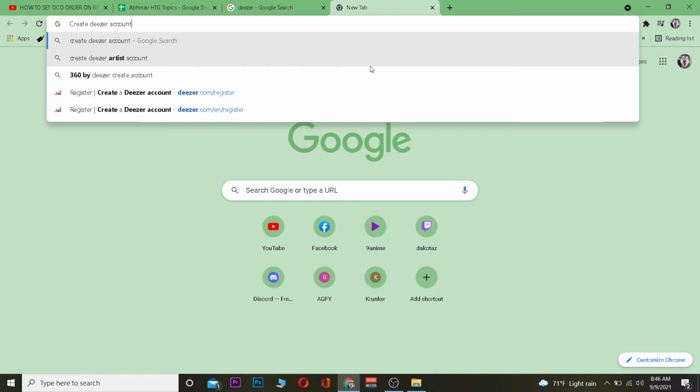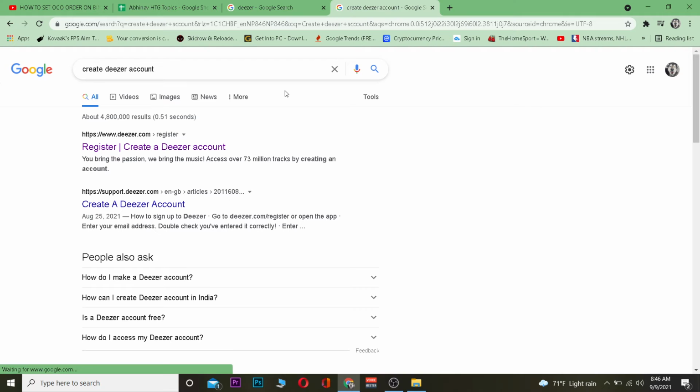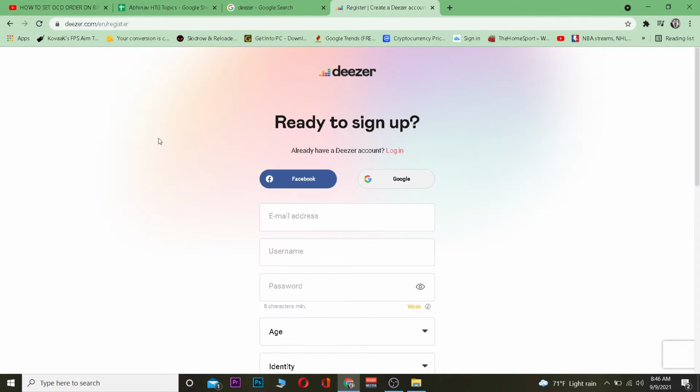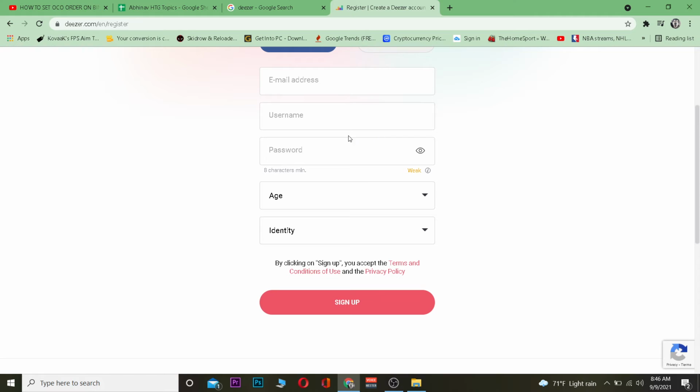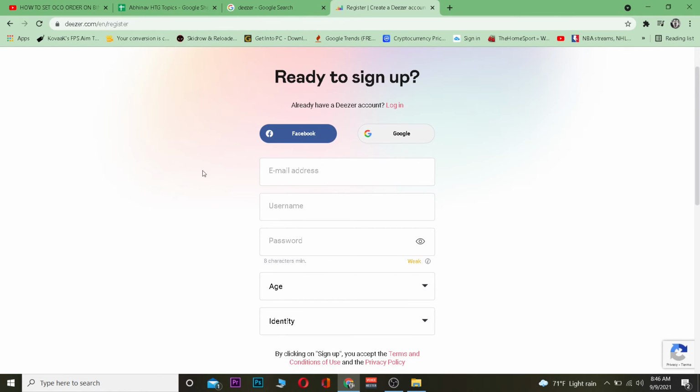First step, you want to go to your search engine and search for create Deezer account. After you search for it, you want to go on where it says register, create a Deezer account. The first option, you want to click on it. It's going to take you to the sign up page of Deezer. Now once you're over here, basically you want to enter your email and your username for your account and password for your account. After that, you want to confirm your age and your identity. After doing that, you want to click on sign up. And once you do that, basically a Deezer account will be created if all the information you filled over here